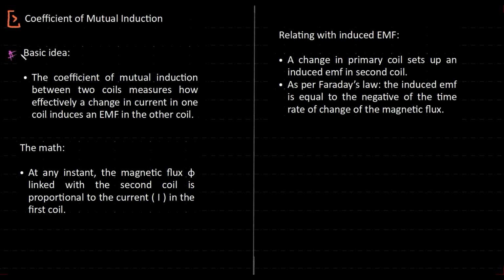So the basic idea here is that the coefficient of mutual induction between two coils measures how effectively a change in the current in one coil induces an EMF in the other coil. Let's look at the math. Again, here too, we know that the flux is linked to the current, and in this case will be equal to Mi, where M is your